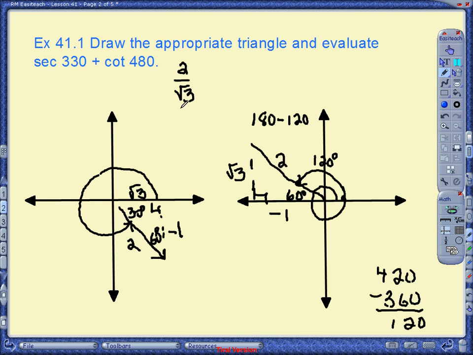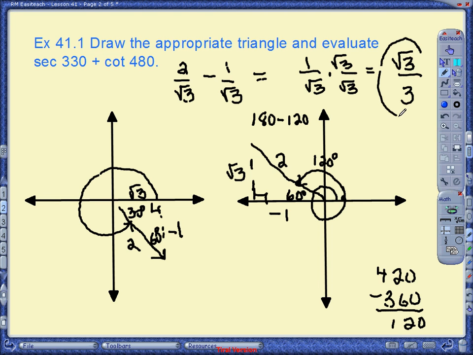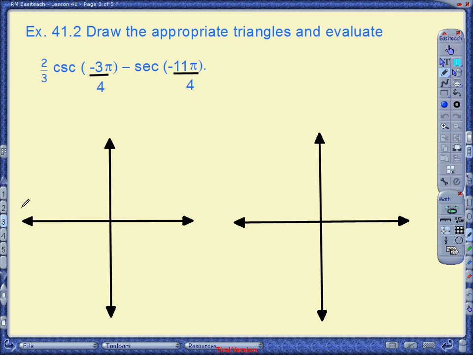So we want cotangent of that. Tangent is opposite over adjacent, so cotangent is adjacent over opposite. They both have exactly the same denominators, so I'm not going to bother to rationalize until I've subtracted. And then when I subtract, I rationalize the denominator. Root 3 over root 3, multiplying by 1 in that form, and that will give me a 3 in the numerator and a root 3 in the numerator and a 3 in the denominator. Okay, the next